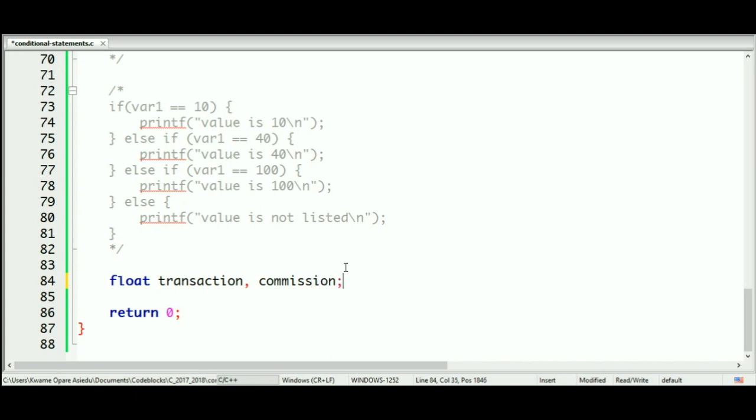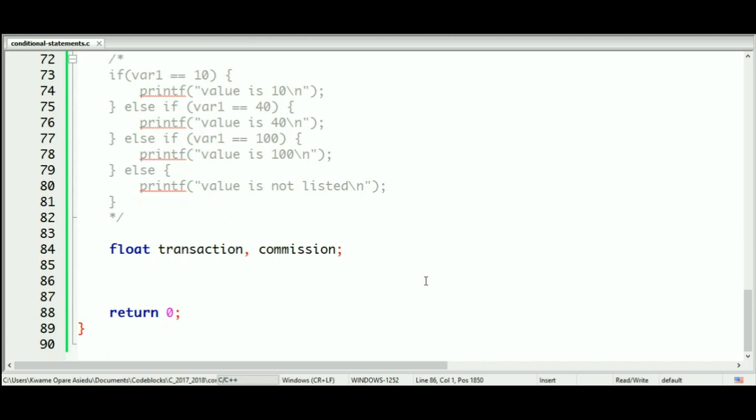I hope this is how to spell commission. Anyways, this transaction is what we use to take input from the user, and the commission is what we use to calculate the actual commission. Okay, so moving on, we'll have our printf statement here: enter transaction amount to calculate your commission,